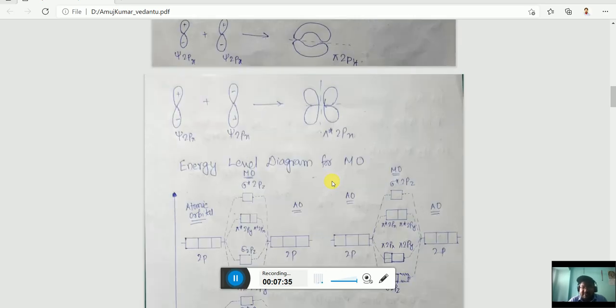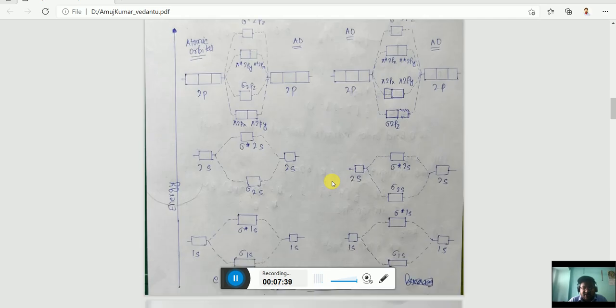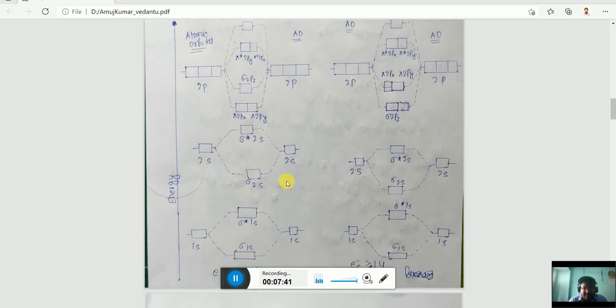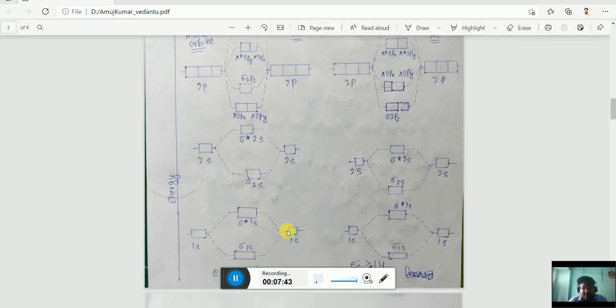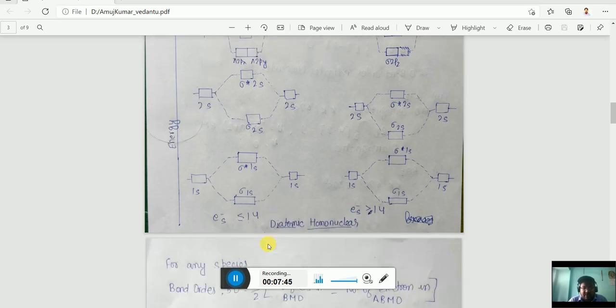Now we will discuss the energy overlap diagram for molecular orbitals. Here in this diagram, this is 1s, these two combine for electrons less than 14 electrons and for electrons greater than 14 electrons. These two are similar in case of 1s, 2s and form sigma 1s and sigma star 1s. Similarly in this case,